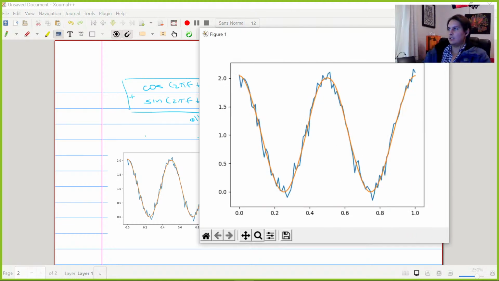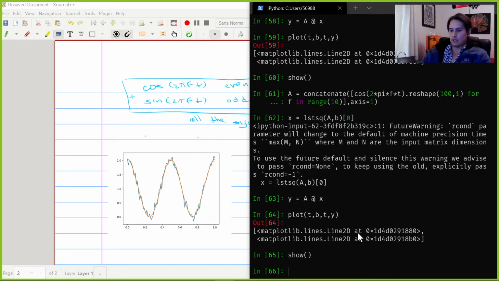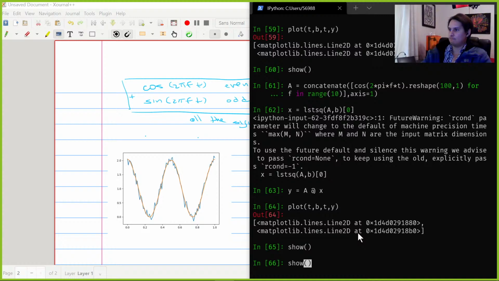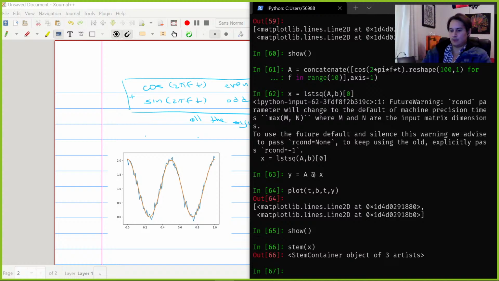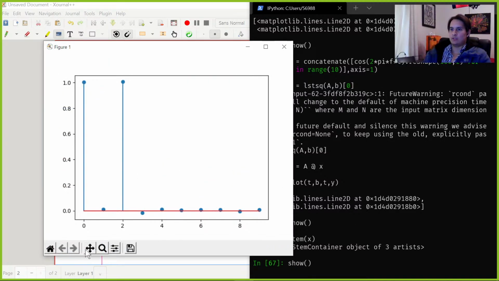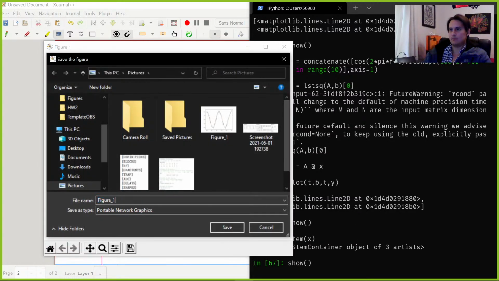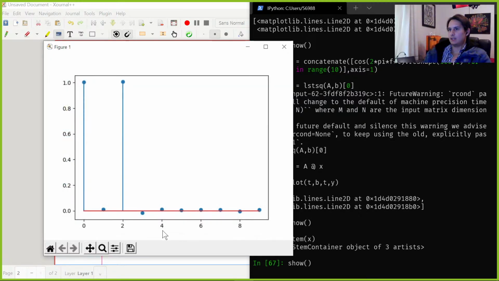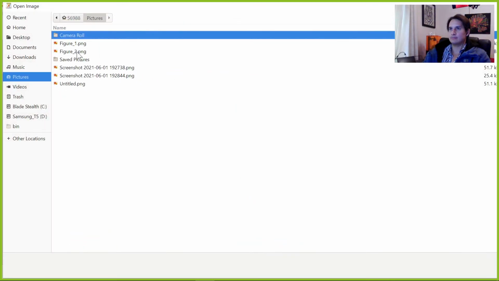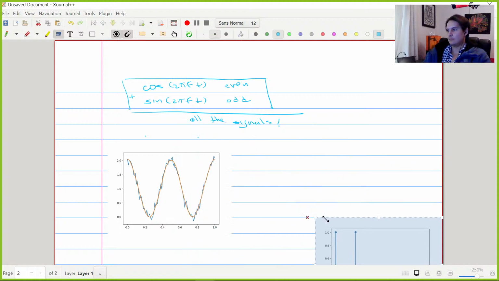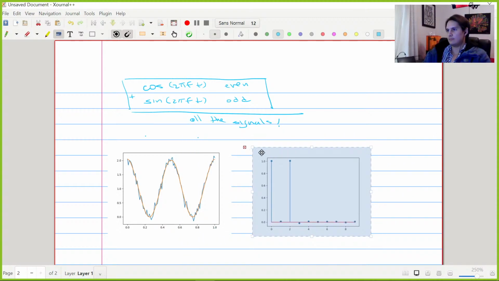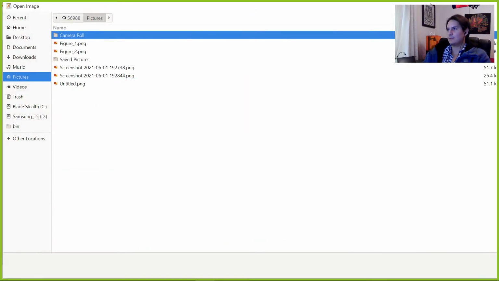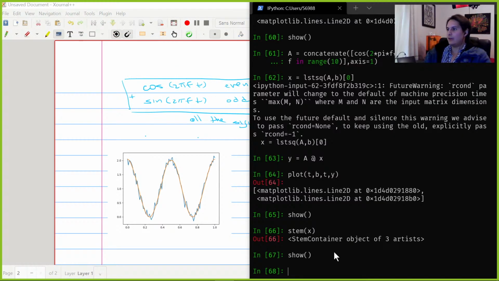And now if I plot x, I do the same. This is figure 2. Well, it doesn't matter. And if I do t comma a,